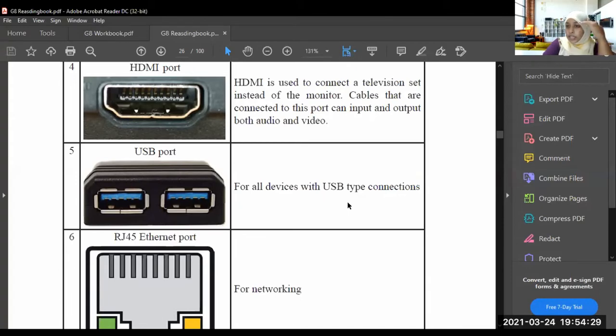You should understand most of the computer devices nowadays, even a mouse, keyboard, a printer, a scanner, a microphone, a speaker, okay, most of the devices nowadays come with USB wires, USB connectors. Understood?